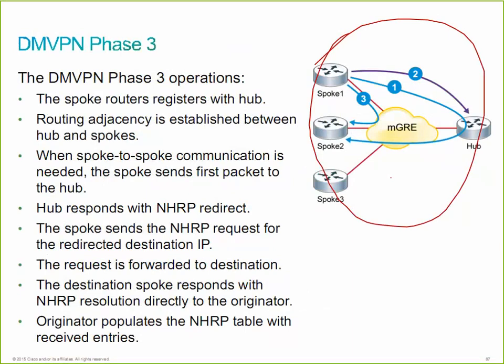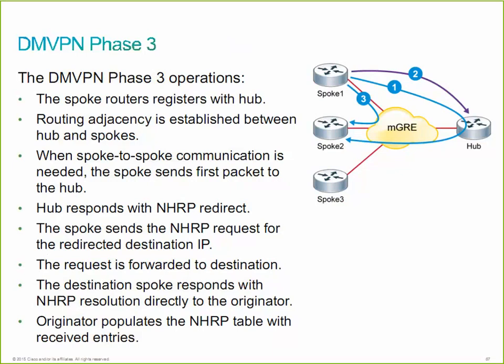Step 1, of course, was that initial packet that got routed through the hub. Step 2 was the resolution, the redirect, and so on. And then step 3 was the spoke-to-spoke communication. Does that make sense? You see the difference that we have here? Yes, the initial communication is not efficient. It's suboptimal. We're sending a lot of packets to the hub initially,